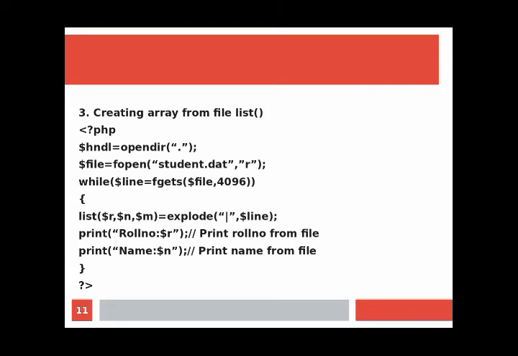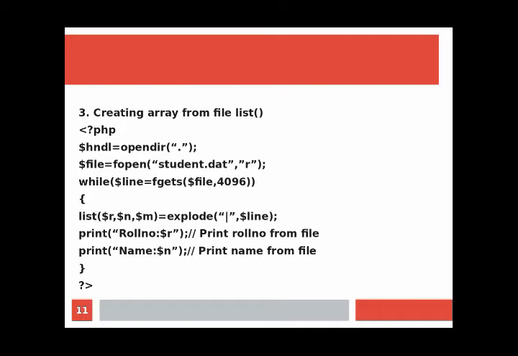Creating an array, that is multiple variable assignments from values extracted from a file, list. The list function is similar to array, and it's used to make multiple variable assignments simultaneously from the values extracted, particularly from a database or a file. We will see one example. Remember that here we have taken the example which is from the file chapter. So we will see in detail there, but here for information you just consider the example, because here we are considering the list function also, which is similar to array. Here we will see that example in a PHP program.